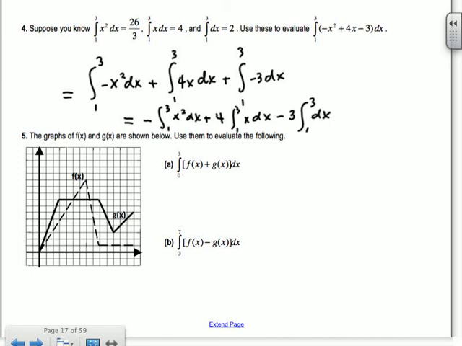You can write 1 dx if it bothers you. So it's a negative times, this whole piece was 26 over 3, plus 4 times,